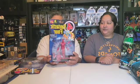So, next we have here, the same part of this wave, is the High Evolutionary, which I believe there was a comic series called the High Evolutionary Wars. So this is the High Evolutionary. He is trying to go and evolve everybody up to, I guess, his...